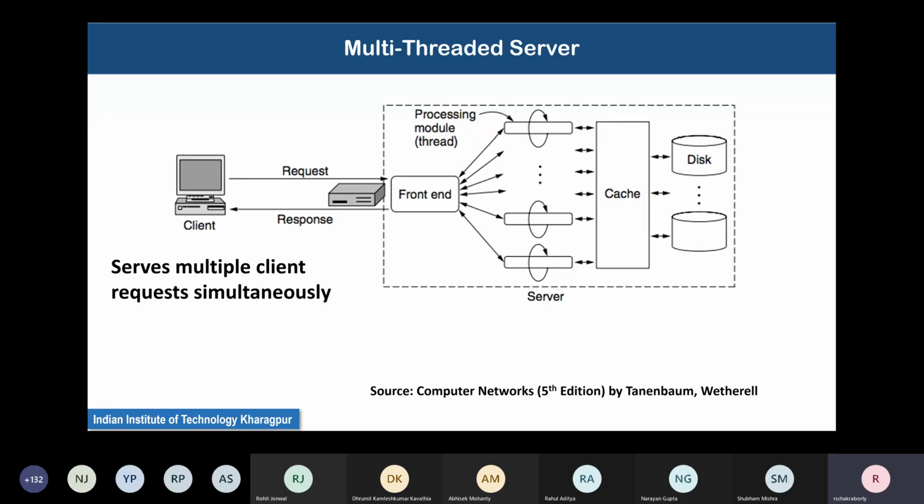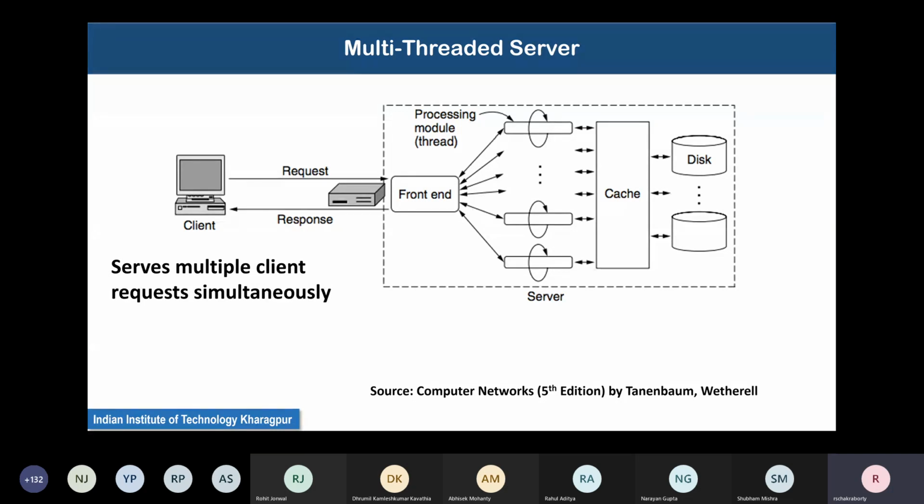Each of these threads can share a server cache. This cache is not always what we mean by cache memory of a microprocessor.